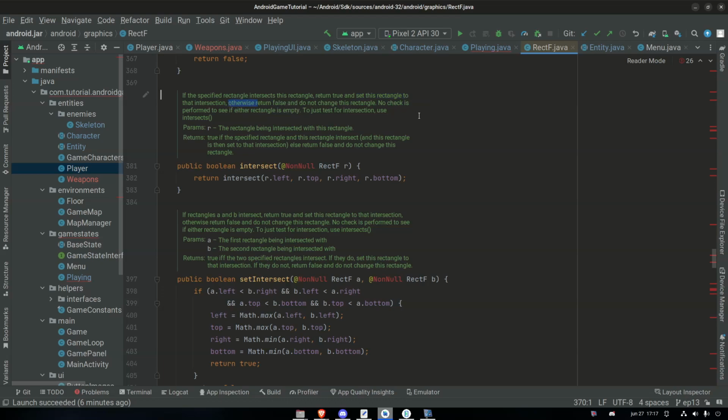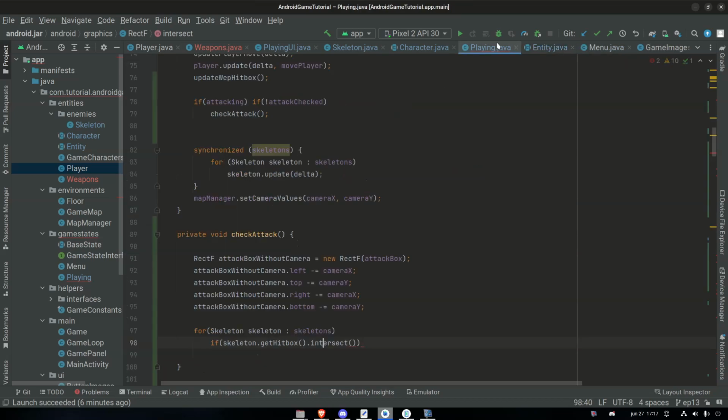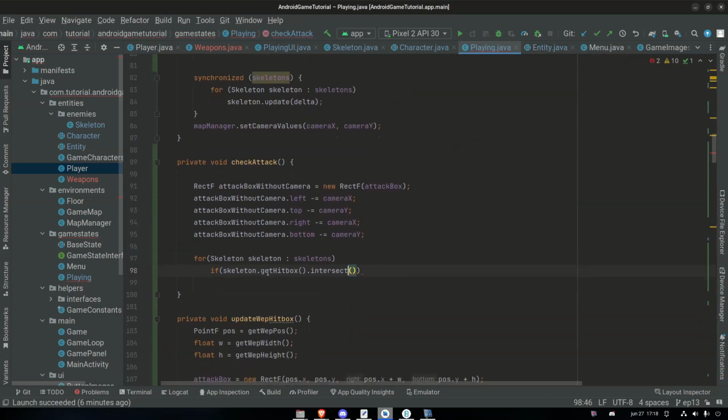Otherwise return false. So that means that if that was true, then we always all of a sudden just set the first rectangle to the second rectangle to have the same values, which is why would you want to do this? So what we need to say here is